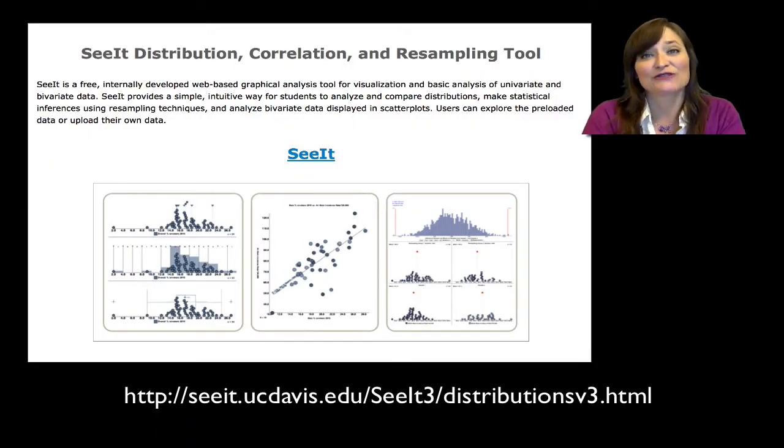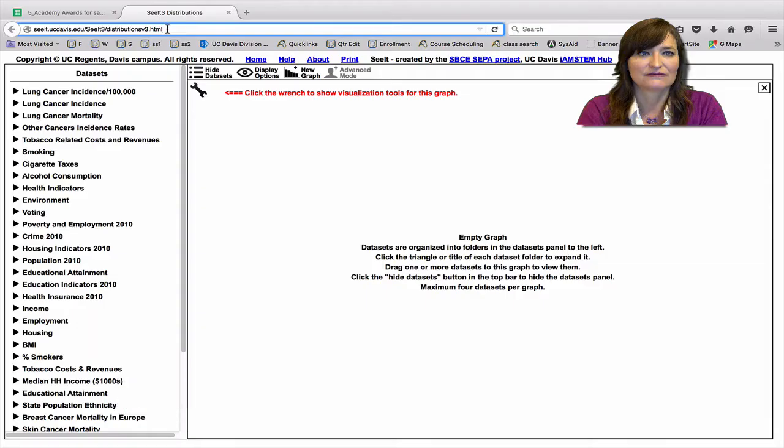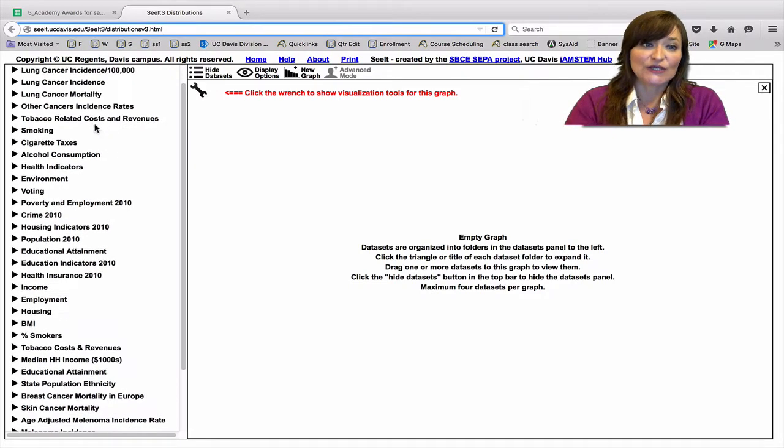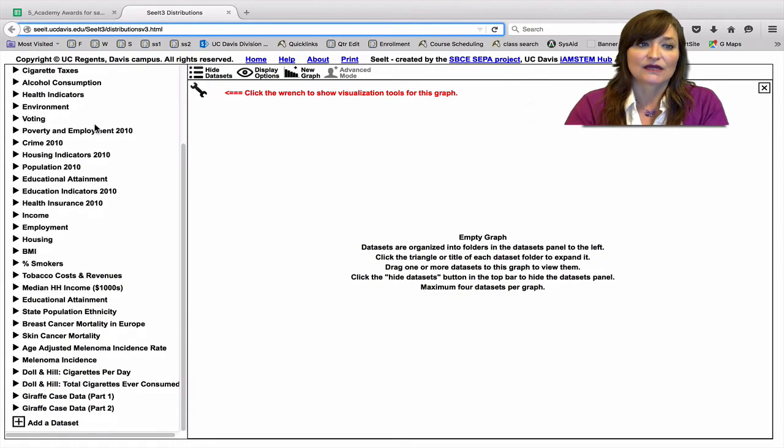Now we're going to open the tool See It. It's available on the web, it's free, it's open. There's a link in the tutorial. There's a link on the website. So let's follow that link and open See It. See It's a great tool for exploring the data, for really looking at how it looks and to practice our visual reasoning skills. As you can see, there are some data sets already loaded into See It, but we're going